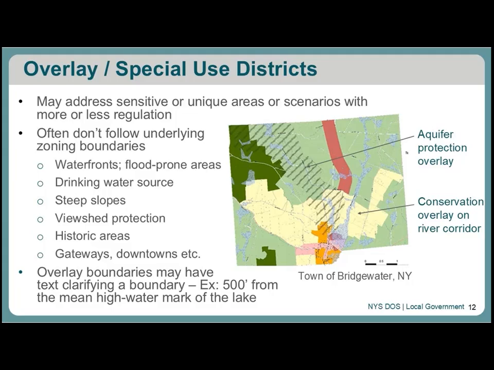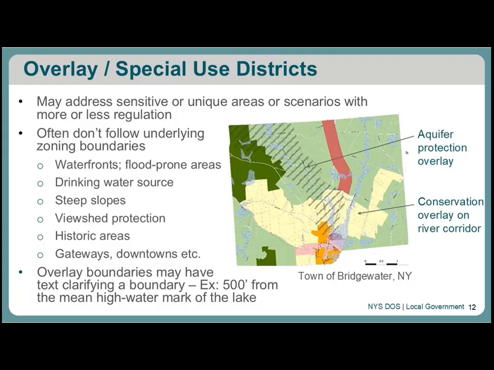the buildings. The example on the slide here is the town of Bridgewater from Oneida County. It has a mapped land conservation overlay along a river corridor, and it also has an aquifer protection overlay, which was established after doing a groundwater protection study delineating an aquifer protection boundary. And I think over time, water protection is going to be probably a bigger hot button issue in the future, just because we're starting to see more things like pollution, but also just more water intensive uses happening in communities. So something to keep in mind there.